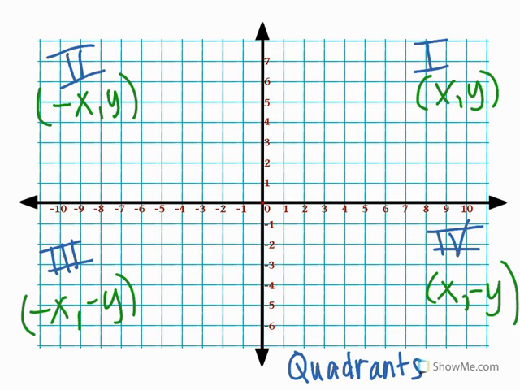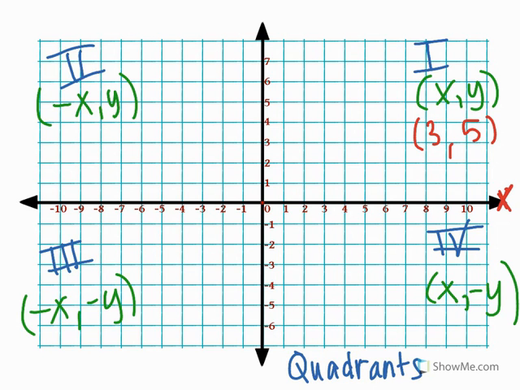When you're plotting points on a coordinate plane, the x and y coordinates tell us a couple of different things. So first of all, just by if the x and y are positive and negative, you know which quadrant it's in. Also, the order of those coordinate pair matters. So for example, if we have (3, 5), that tells us our x coordinate is 3 and y is 5. Now first we move horizontal or along this x-axis, and then that second number tells us to move up or